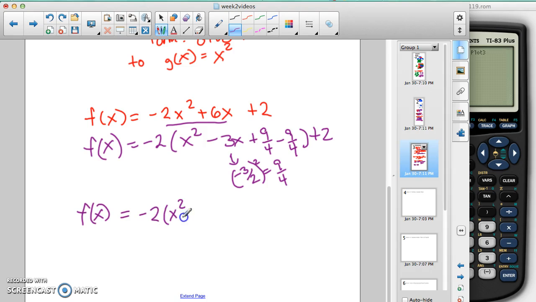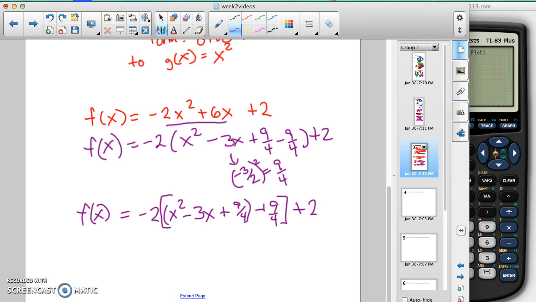X squared minus 3x plus 9 over 4. We're going to insert a bracket, because the negative 2 is still multiplied by this negative 9 over 4, so we have to include it inside a bracket. That negative 2 is multiplied by these three things and by this value, so we're including a bracket there to include this negative 9 over 4